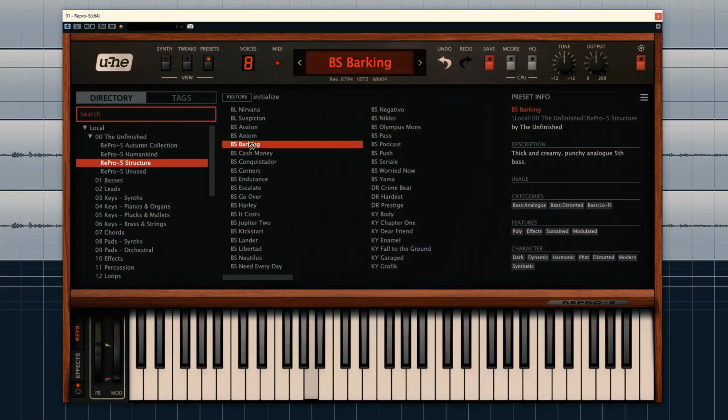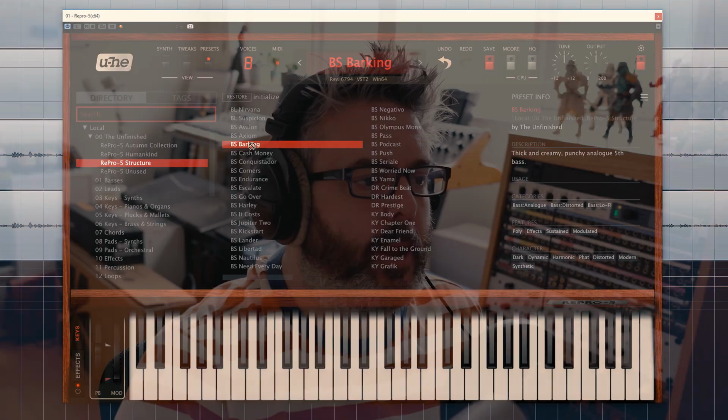So fairly simple in that the LFOs are just controlling it. And we have a few basses, not as many as with RePro-1. And obviously we have polyphonic basses here, although some of them using the unison mode, which, all right, it's a